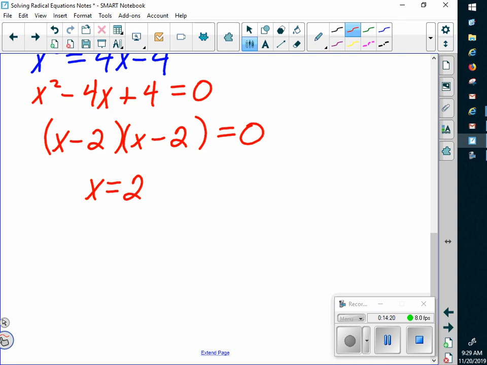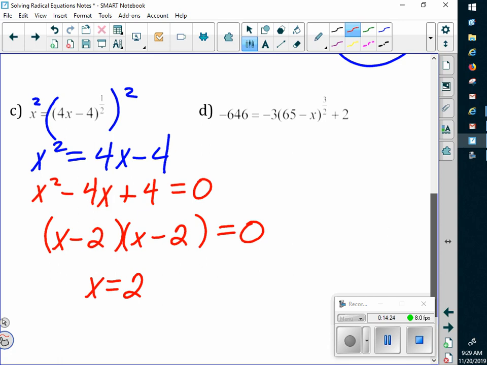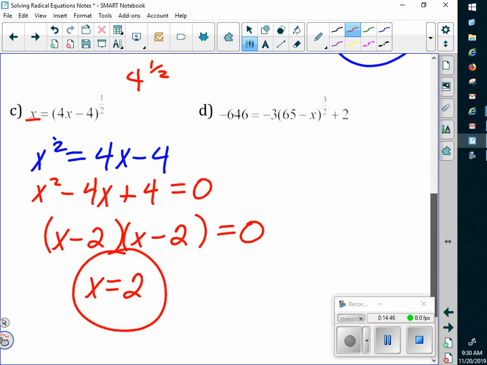Good. And then by golly, we got to check it. 2. Well, 4 times 2 is 8. 8 minus 4 is 4. What's 4 to the 1/2 power? Because that means the square root of 4 is 2. Does that equal 2? Aha! There's our answer right there. Okay, now you're going to probably need your calculator